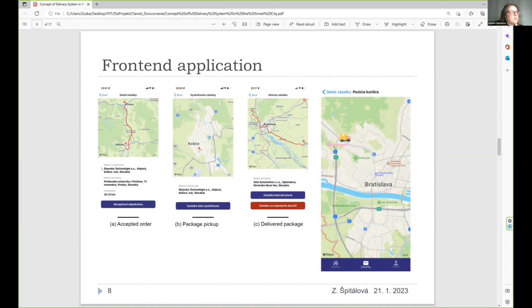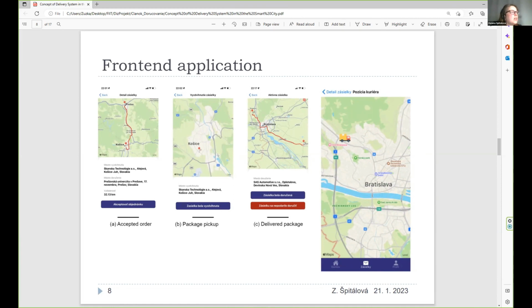The first is the source address, the address of the sender. The second is the destination address. And here is the distance between these two points. So the courier can see the distance before accepting this package for delivery.